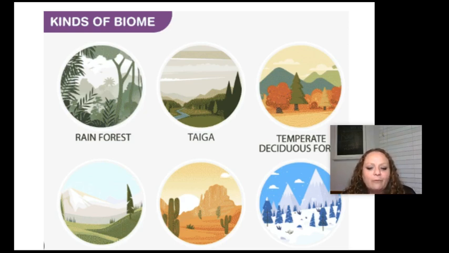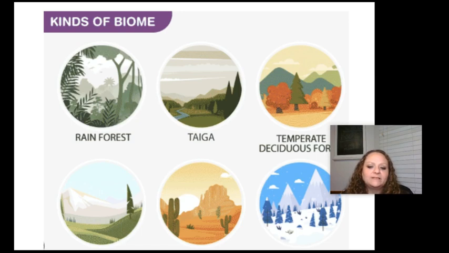So rainforest, most rainfall typically, are going to be very, very tropical, very warm. There is a type of rainforest called a temperate rainforest. It's found in very few places in the world, but it has high rainfall with more normal temperatures.